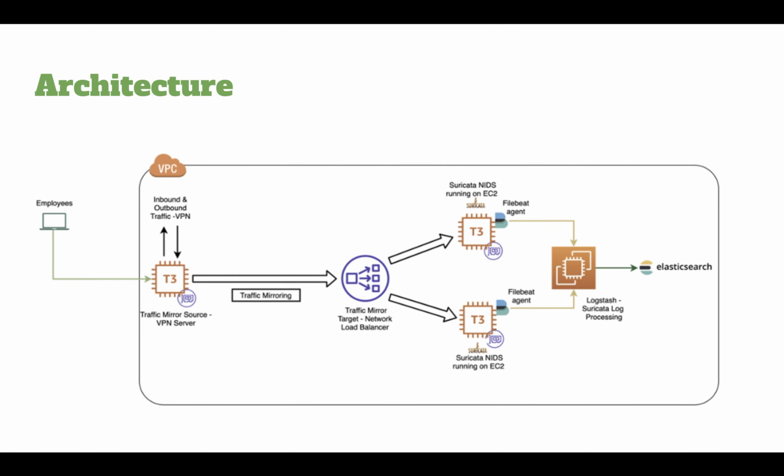So this is what the architecture looks like. You don't need to forward the traffic using traffic mirroring from every single instance. You can use traffic mirroring on a selected ENI, which is an Elastic Network Interface. It could be your VPN server, your load balancer network interface, or your container orchestration network interface. In our case, we have done this on the VPN server that we are using for our